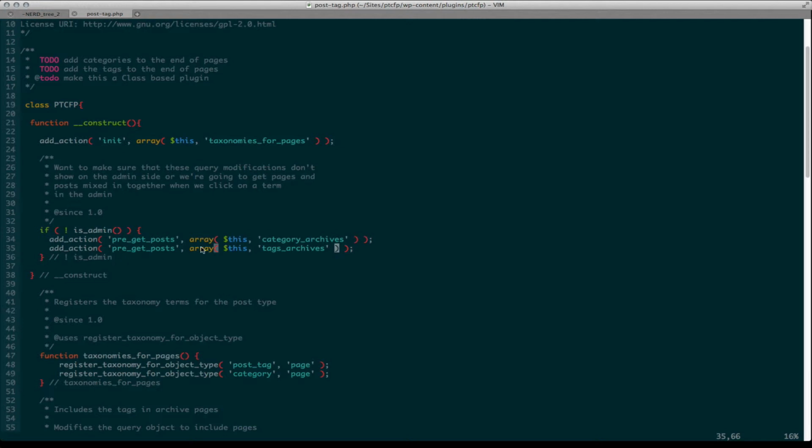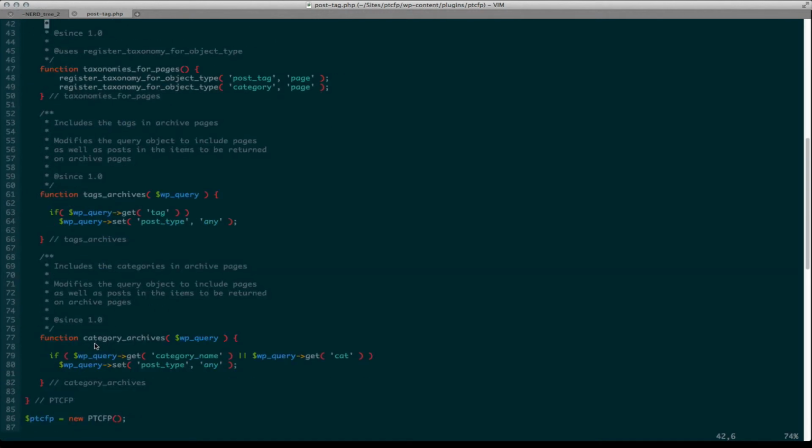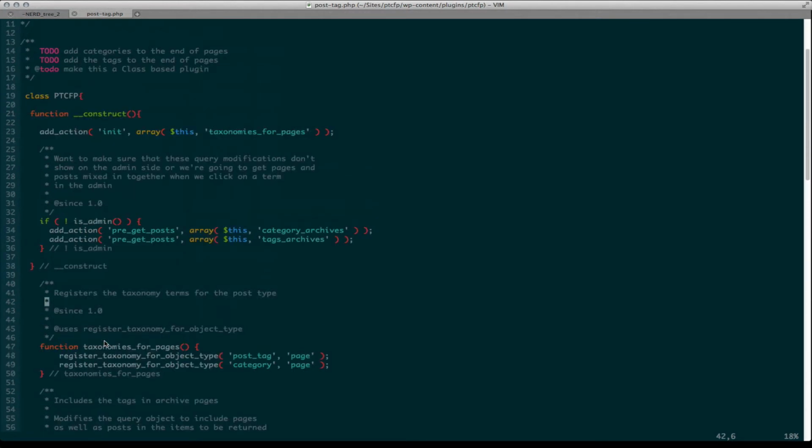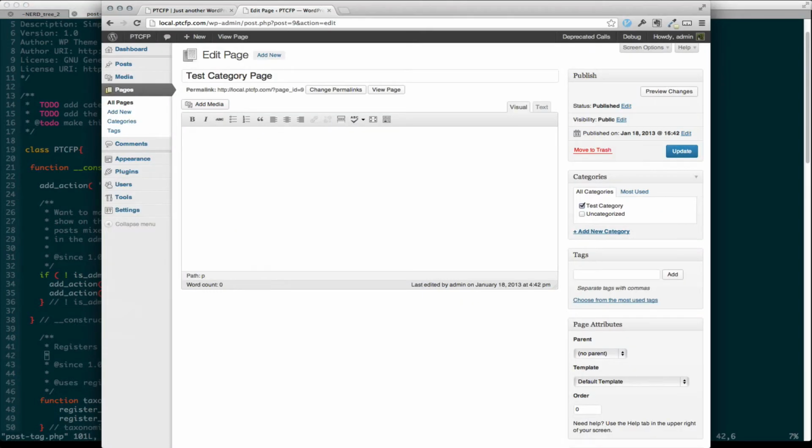So again, all these do is take my pre_get_posts filters for category archives and tag archives, and it calls these two functions, tag archives and category archives. So again, all it is doing is exactly what it did before. We've just put it into a class, which means we can drop the namespacing. And I'm going to save,